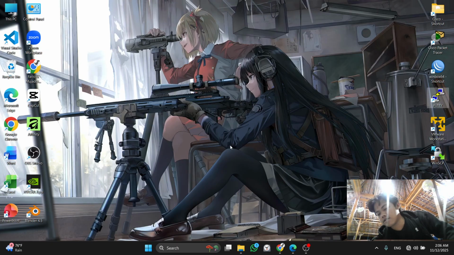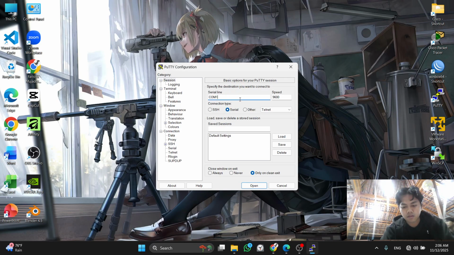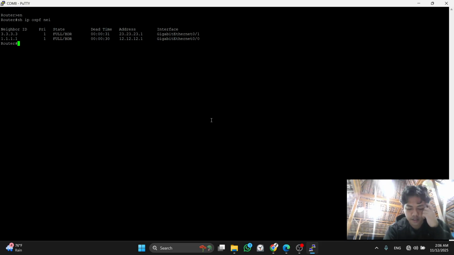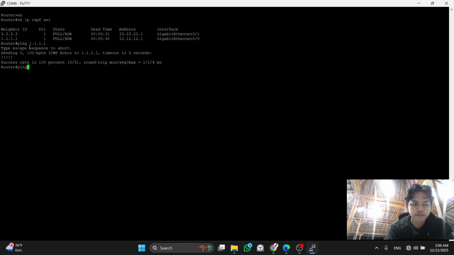So the rest is router P. Ping, show IP OSPF neighbor. Okay, it appears. This is going to the router PE2 and this is router PE1. We test ping. Okay, done. Okay, success.